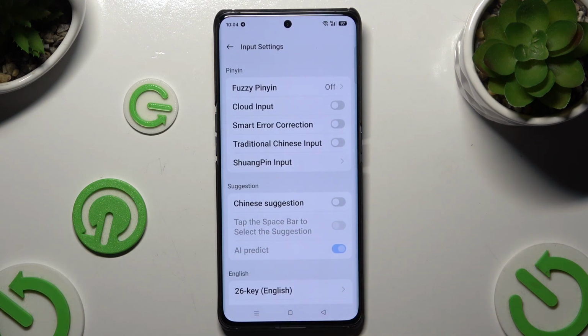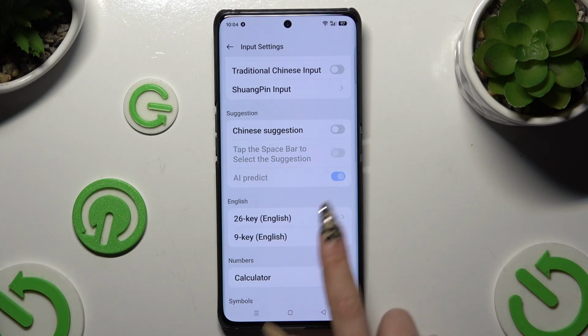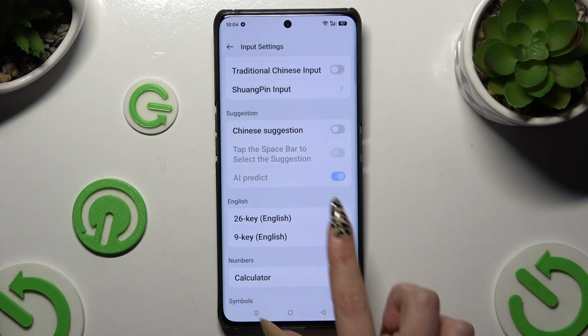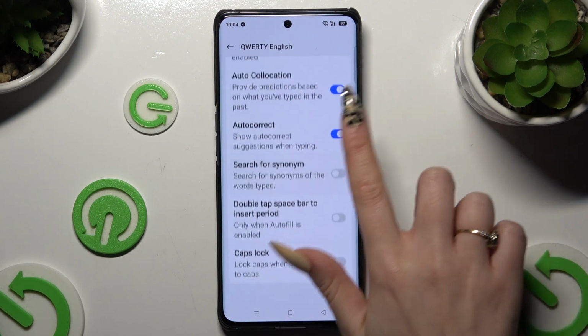To access only English ones, click on one of those versions of English keyboard and operate all of those however